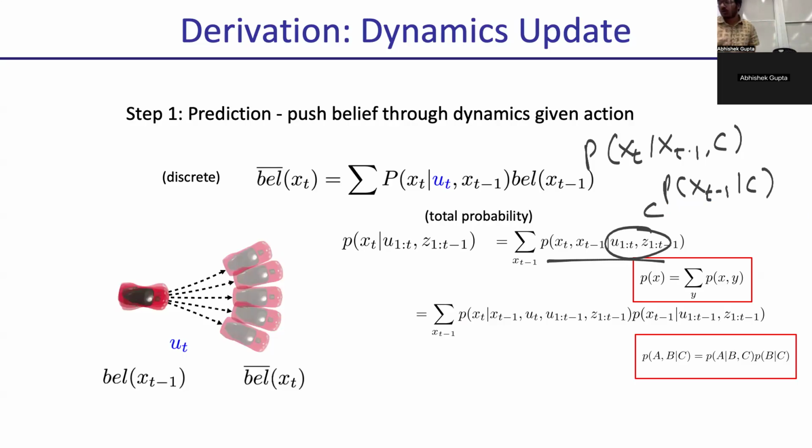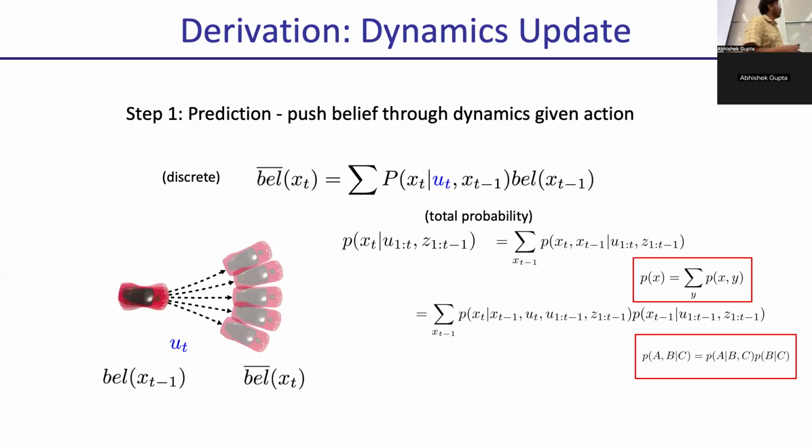Okay, so what we're going to do is we can write this as p of xt given xt minus 1, ut, z_t minus 1, times p of xt minus 1, given the same history. And so you've just taken this joint distribution of xt comma xt minus 1, and separated it out into an xt given xt minus 1 and an xt minus 1 distribution. You just separate out the joint into the conditional and the marginal.